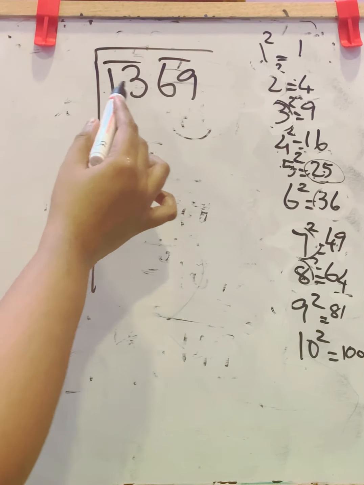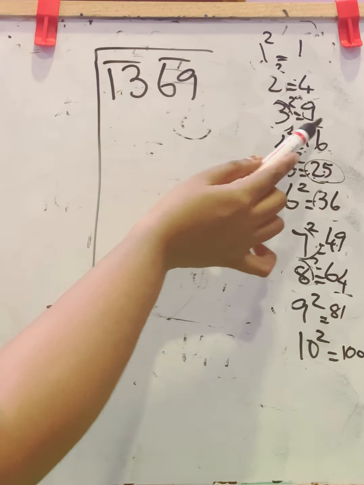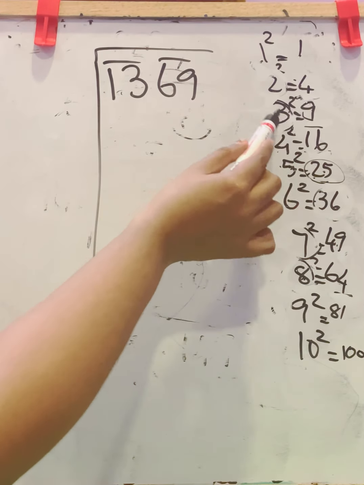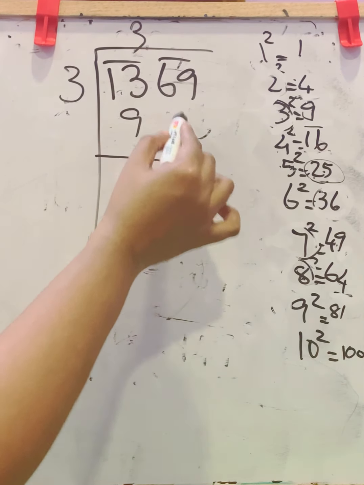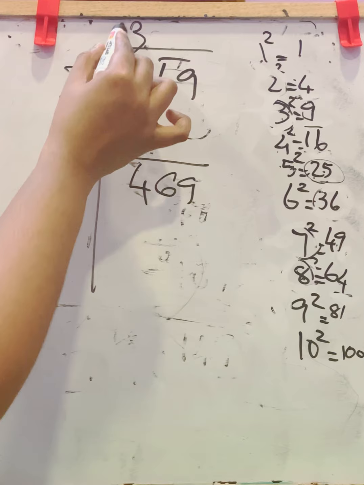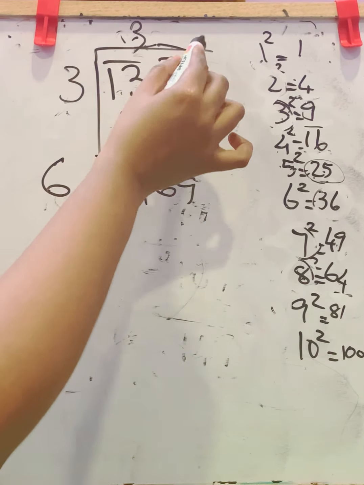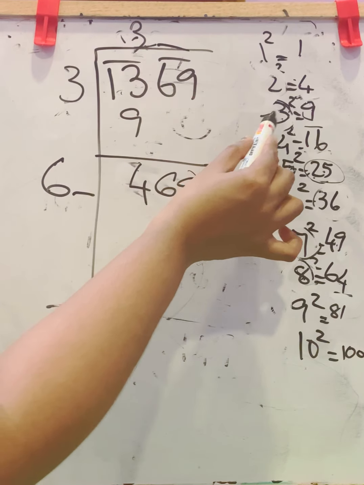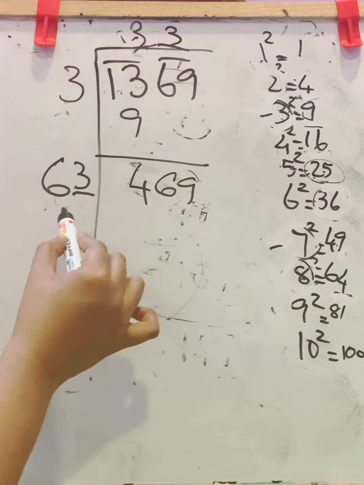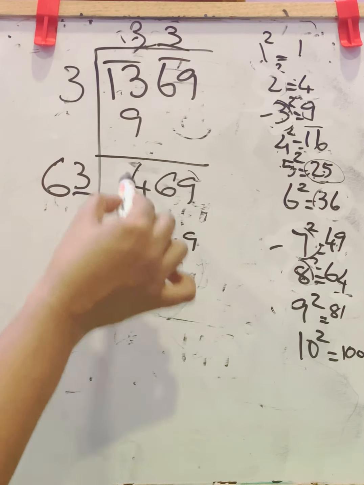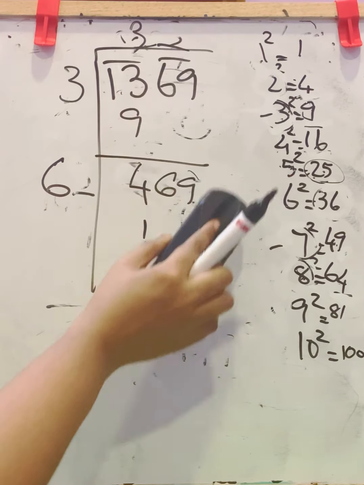Next, 1369. Pair it. Below 13, you have the perfect square 9 because 13 lies between 9 and 16. 9 means 3 square. 3 into 3, 9. Subtract, you will get 4. Carry down the 69. Now double this number and write here. 3 2s are 6. Dash and dash. Ending digit is 9. That means either 3 or 7. You will first check with 3. 63 into 3. 3 3s are 9. 6 3s are 18. No, it is not the number. So next one is 7.